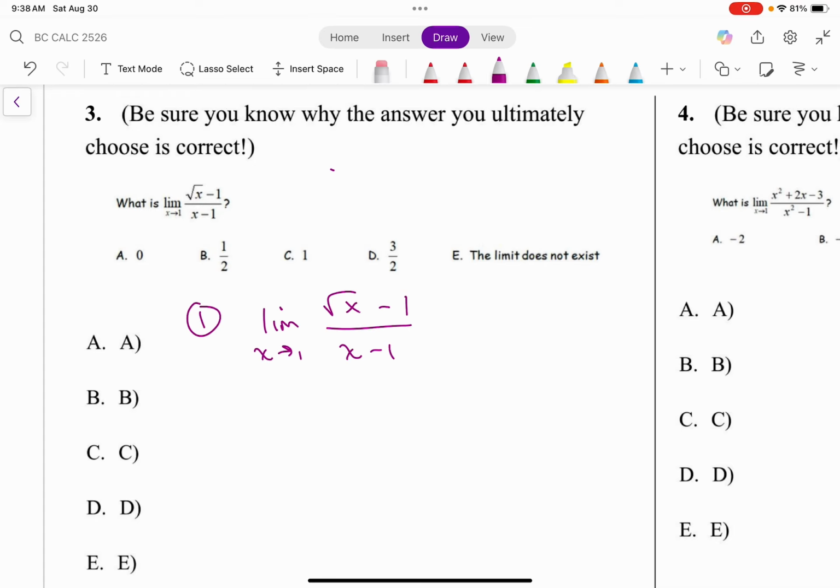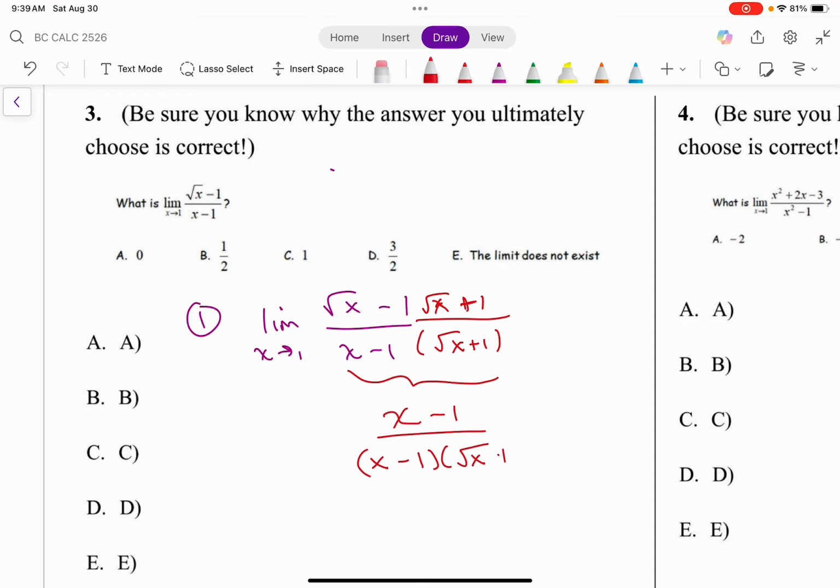We can't substitute in 1, so what you could do is multiply the top and the bottom here by the conjugate of the top. Now the numerator becomes x minus 1, and then the denominator becomes this. Notice I didn't multiply out the denominator because I'm getting this to cancel. All right, and so this equals,